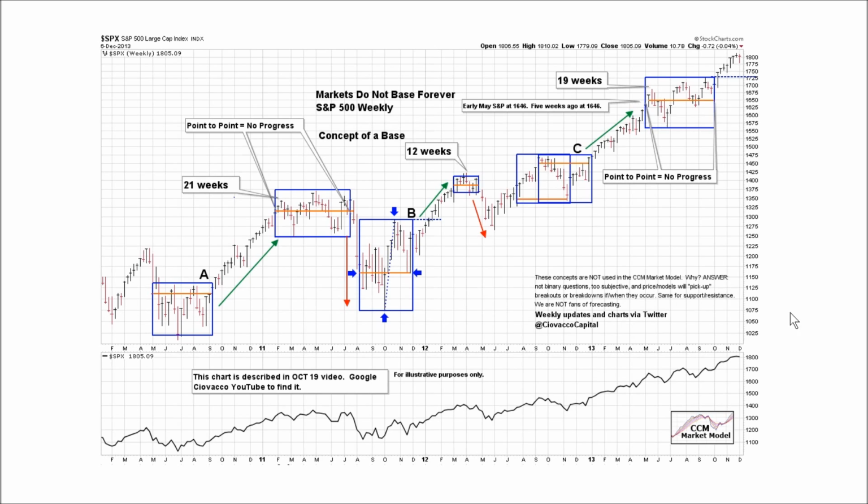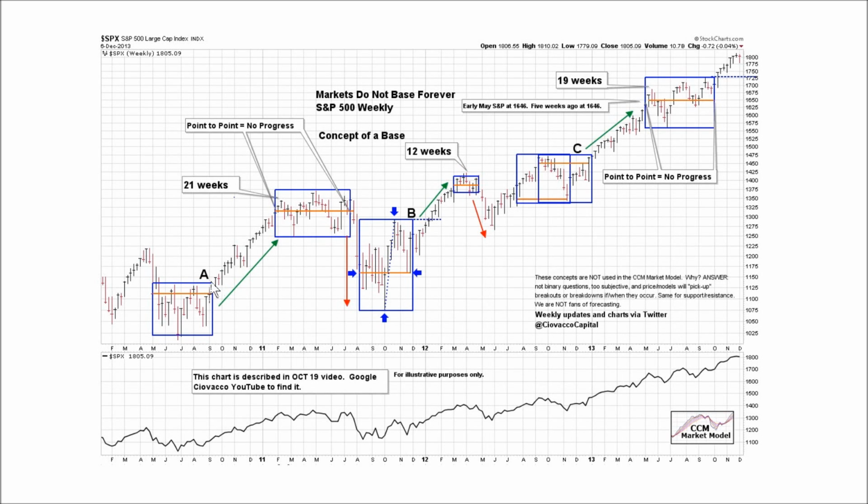Wanted to provide an update to our fractals chart that we covered back on October 19th. If you haven't seen the October 19th video, it talks about the concept of markets do not base forever. When markets move sideways, eventually they're going to break out in a bullish manner or they're going to break out in a bearish manner. We noted 8 weeks ago when this broke out here that this was potentially a bullish